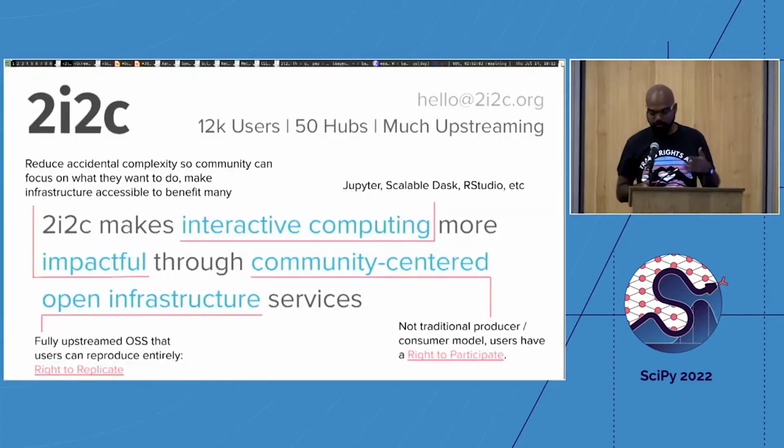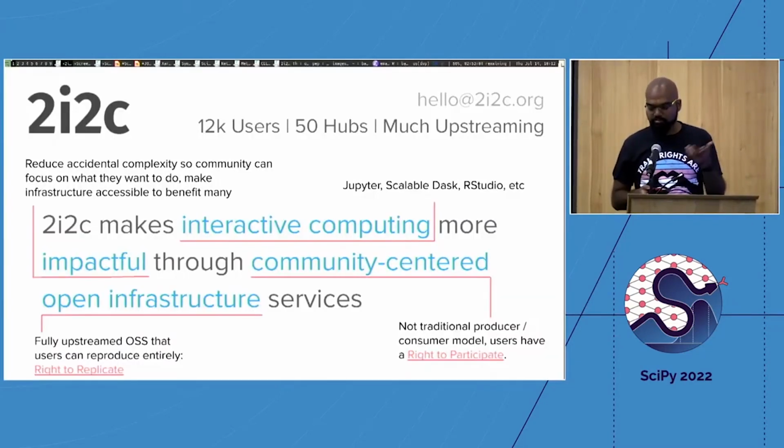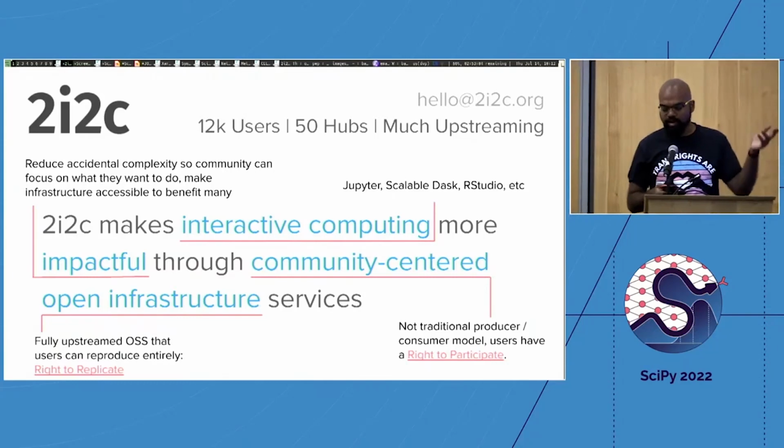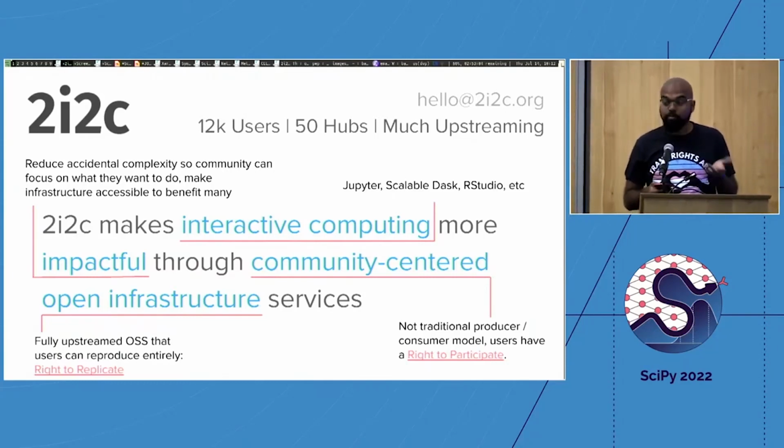Hi. My name is Yuvi. I work at 2i2c, which is a nonprofit that provides JupyterHub and Dask to educational and research institutions like University of Toronto, Callisto, NeuroHackademy, etc. We're a nonprofit, so we're trying to bring the successful philosophies of producing open source software into sustainably running hosted open infrastructure. So it's still the early days, so we're trying to distill